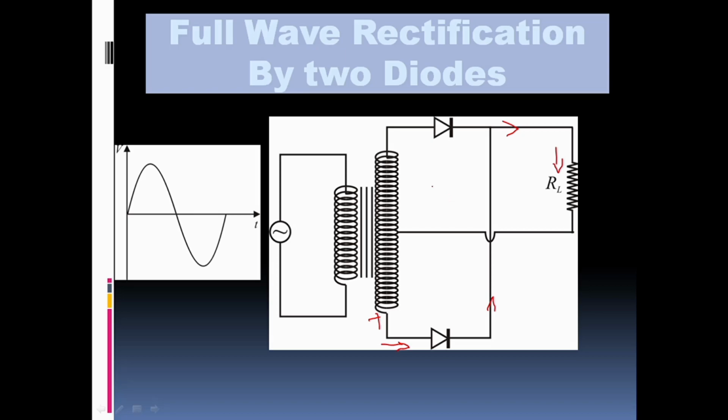And the other thing is, in any half cycle only a single diode conducts, therefore the potential drop is only VB. Now you saw that in the full wave rectification with bridge circuit, two diodes conduct and the output voltage is always 2 VB less than the input voltage, but here it is only VB less than the input voltage. That means the peak output voltage is VP minus VB. That can be considered as an advantage if it is required.